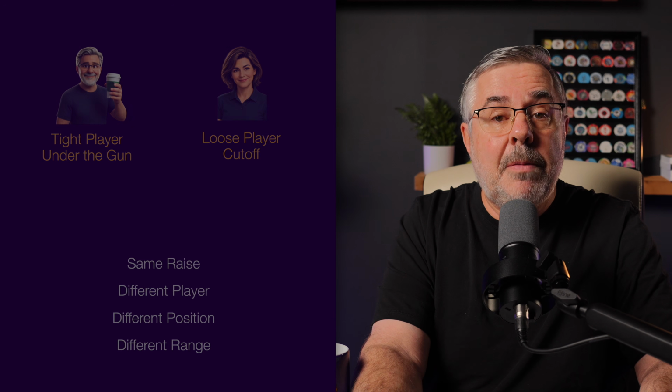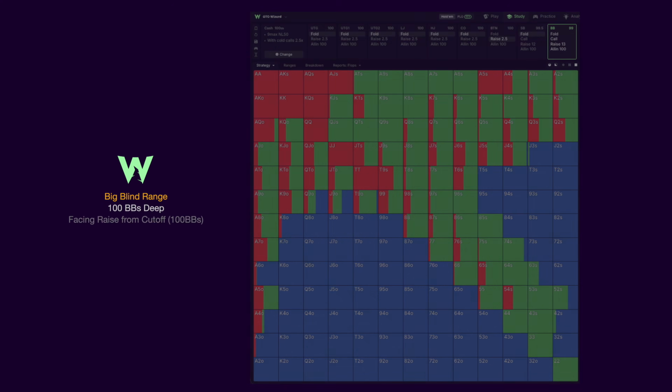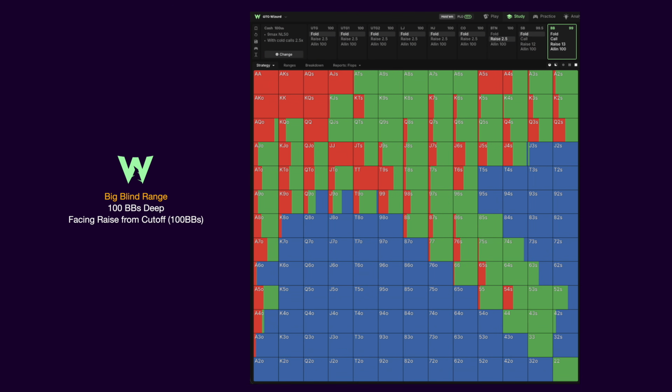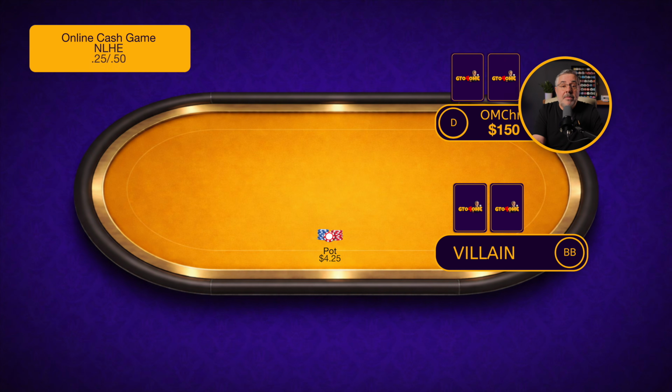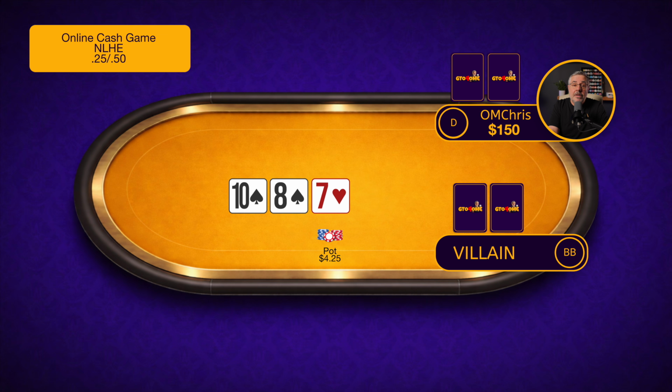Now imagine you raise from the button and the big blind calls. The big blind can have pocket pairs, suited connectors, suited aces, broadways, weak suited kings, a lot of hands that just want to see a flop. And honestly, if they are a loose calling station, then they could literally have almost any 2 cards. So when the flop comes 10 of spades, 8 of spades, 7 of hearts, that board may very well connect with the big blind's calling range. But if the flop comes ace of clubs, 7 of diamonds, 2 of spades, your button range should have the advantage. Before acting, ask, what hands make sense for my opponent based on the action so far?